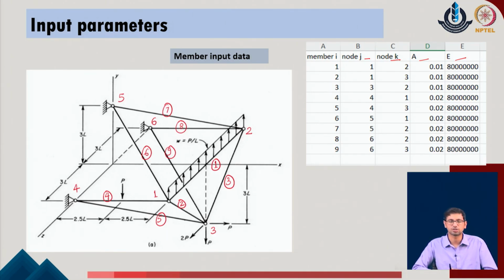If you see the code which we have shared with all of you, you will find that there is one Excel file with two sheets. One sheet provides the node data, whereas the other sheet provides the member data of the given system. Once we are done with this member data, we are primarily done with the input parameters for the problem, except the loading parameters of the given system. We will come to the loading parameters in the subsequent steps.